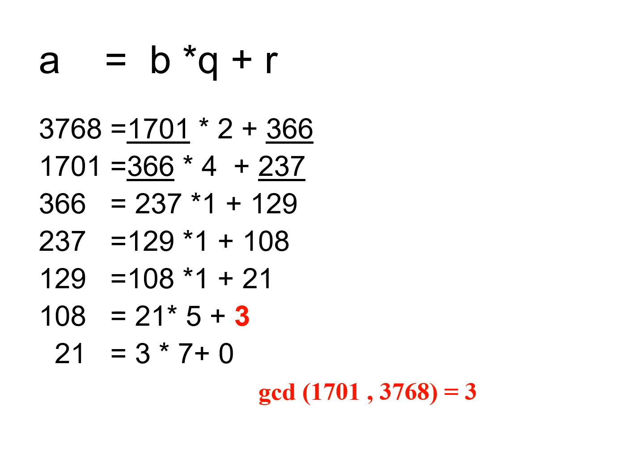We have to follow this procedure until we get a zero remainder. When we get a zero remainder, we will stop and the last non-zero remainder will be marked as the GCD. So here you can see that the last line, 21 equals 3 into 7 plus 0, is giving a zero remainder. So we can stop here. The last non-zero remainder is 3. So GCD of 1701 and 3768 is equal to 3.